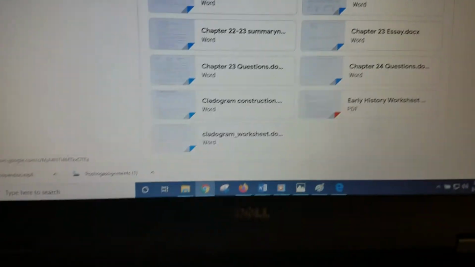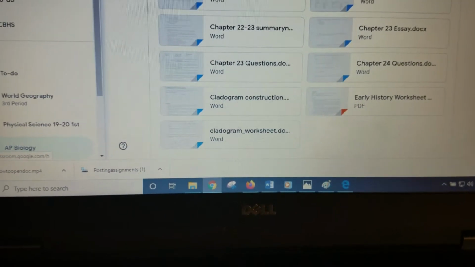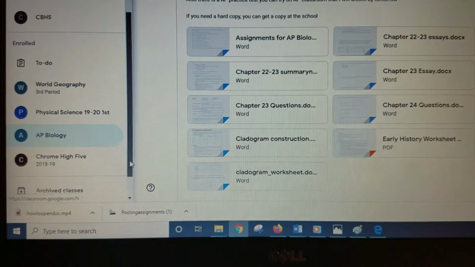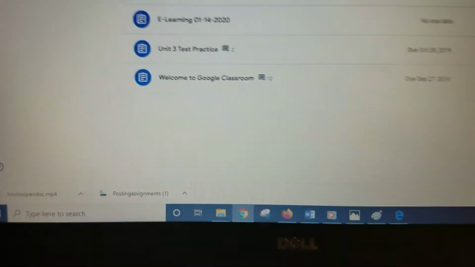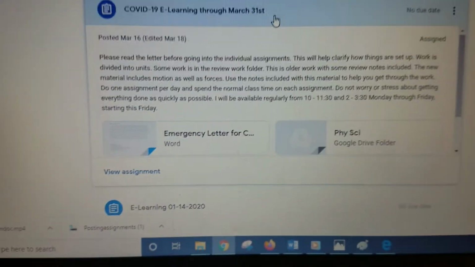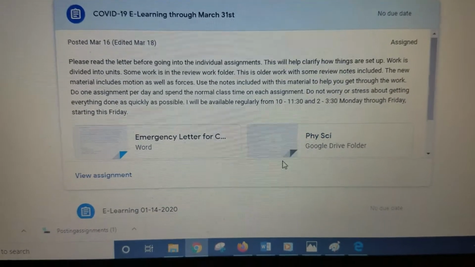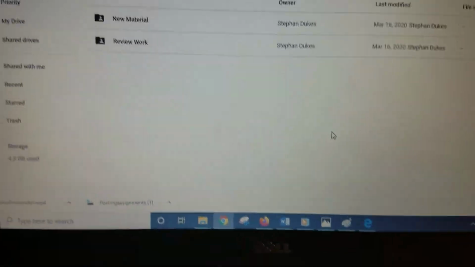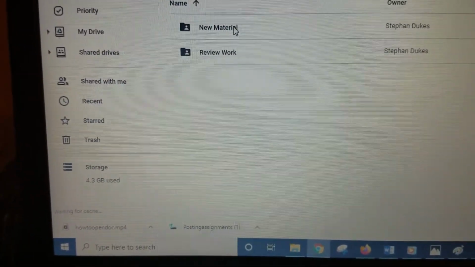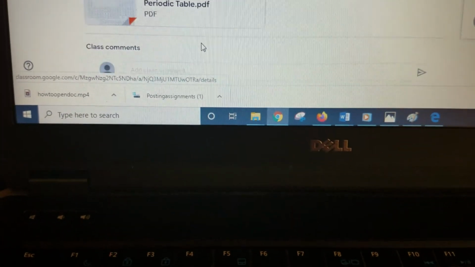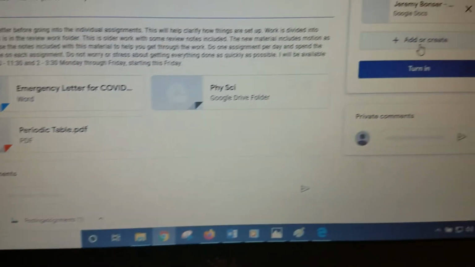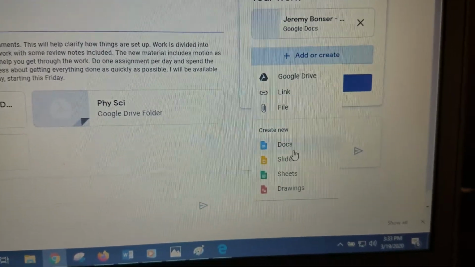The other issue that I've also seen that we need to be aware of is that when we post assignments in here, and I do like the whole idea of using the folder, the problem is when you use the folder, it doesn't give every location to turn in the information. If I go back into the classwork here, they're going to have to create many different documents